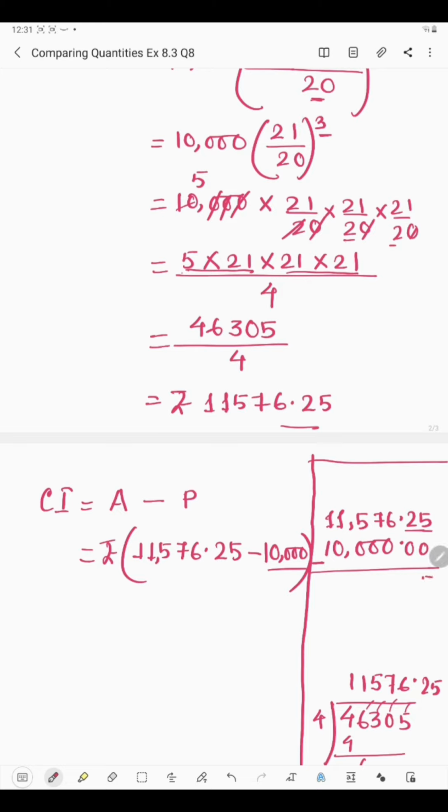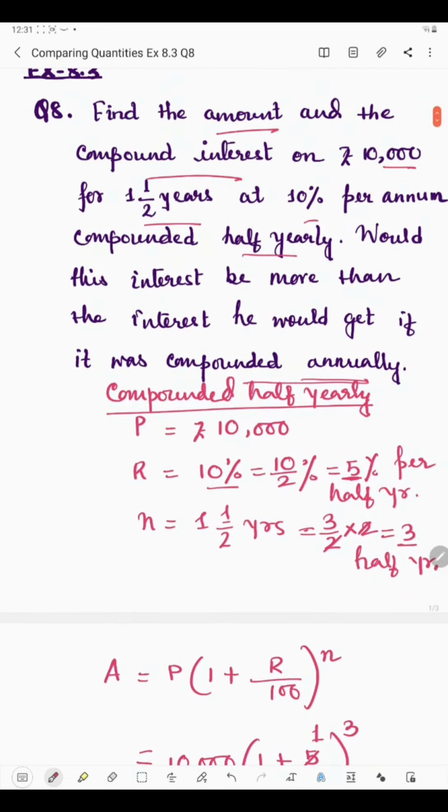So 5 minus 0 is 5. 2 minus 0 is 2. Then point. Then 6 minus 0 is 6. 7 minus 0 is 7. 5 minus 0 is 5. 1 minus 0 is 1. So it's rupees 1,576.25. Okay. Now we will take the same principal, same rate of interest, same time period to find the interest